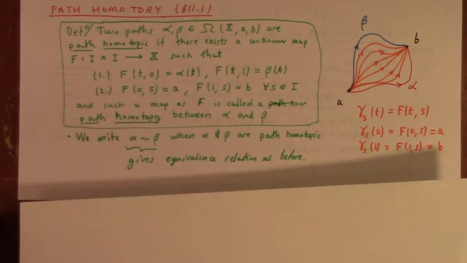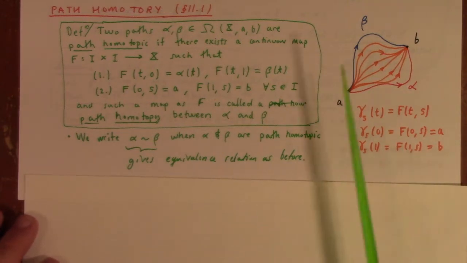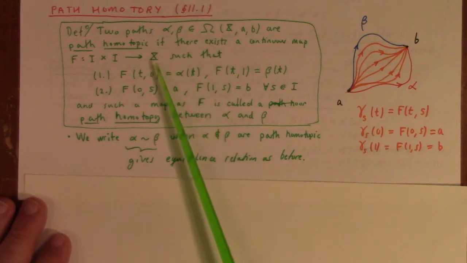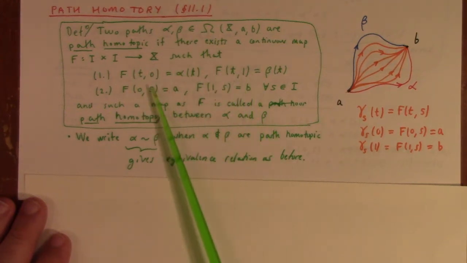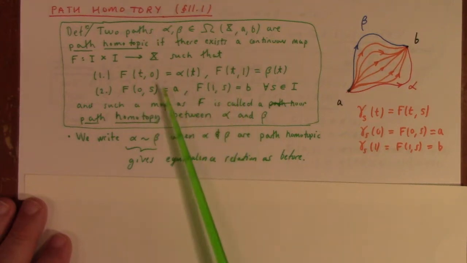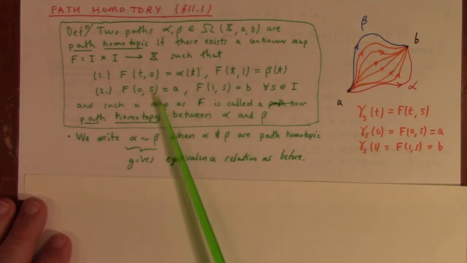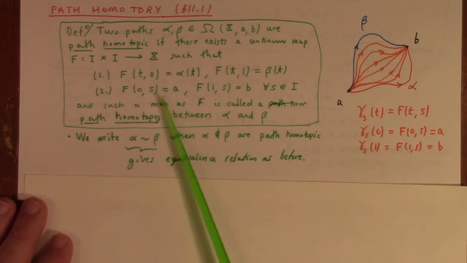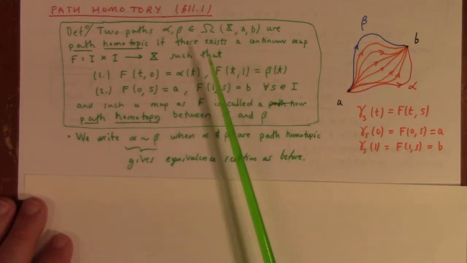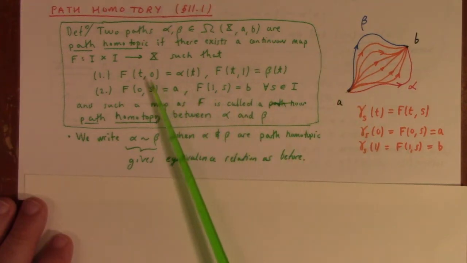So on to path homotopy. Two paths being homotopic is a little bit stricter an idea, because path homotopy requires fixed endpoints. This fixed endpoint idea was absent in our previous homotopy idea. Now we're looking at two paths from a given pair of endpoints, and they're homotopic if there's a